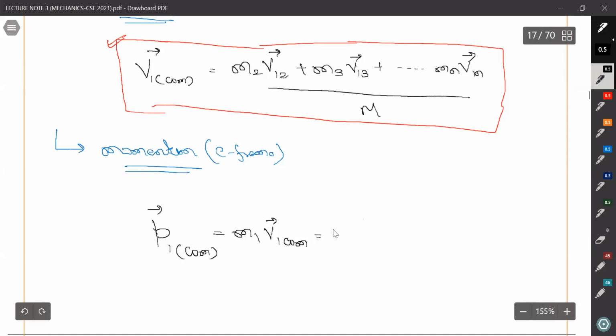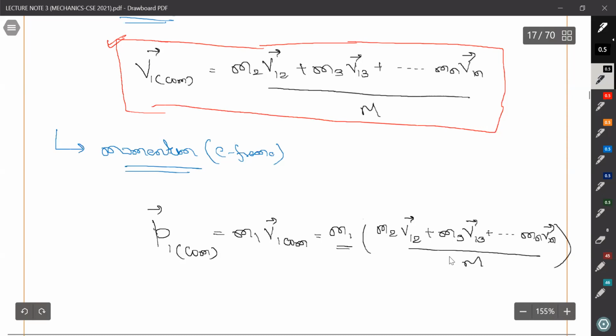You have to multiply this with m1, m2 v12 plus m3 v13, and so on, mn v1n upon total mass. So when you multiply m1 with v12, it will give you